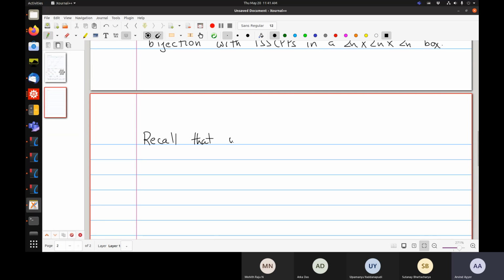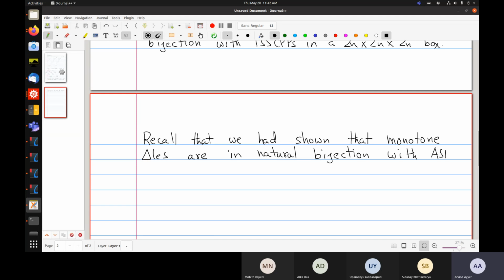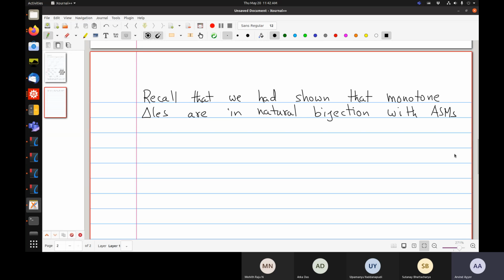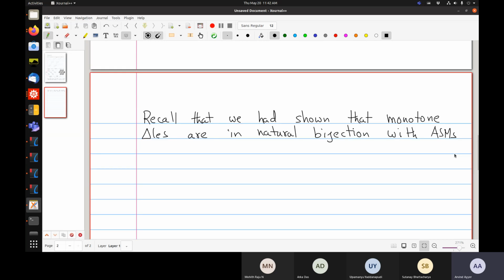That we had shown that monotone triangles are in natural bijection with ASMs. And so let me define these again. So now using Zeilberger's terminology, we'll say that a monotone triangle